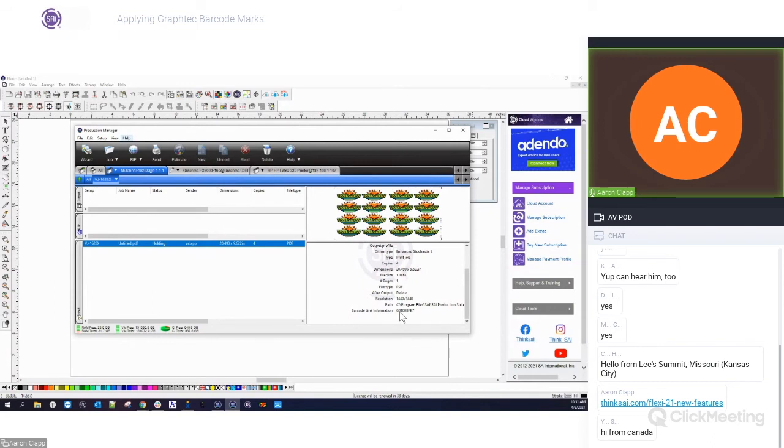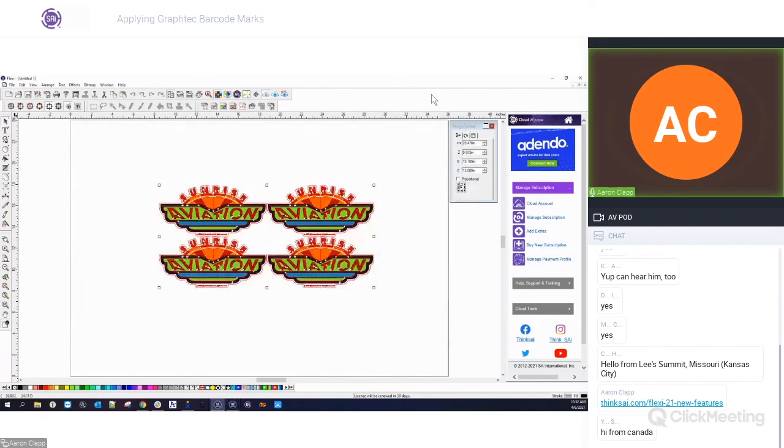You don't have to worry about which job it's going to pick. It's always going to pick the right job from the production manager. So this is the barcode system now that we've included in the production manager and into the rip and print, excuse me. And we're excited about it, not only just having it as an option inside of the designer,